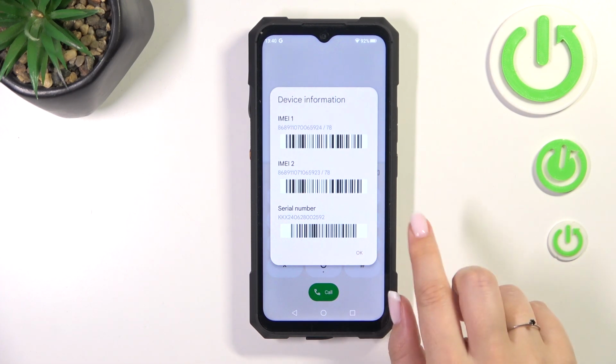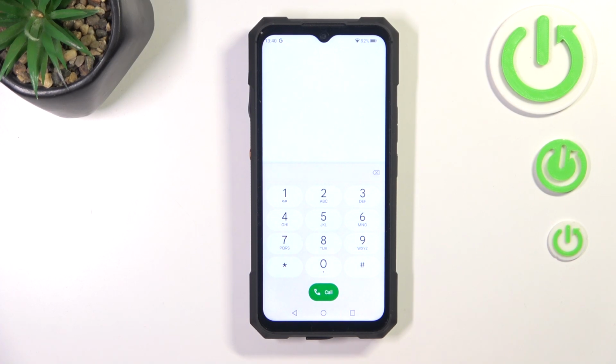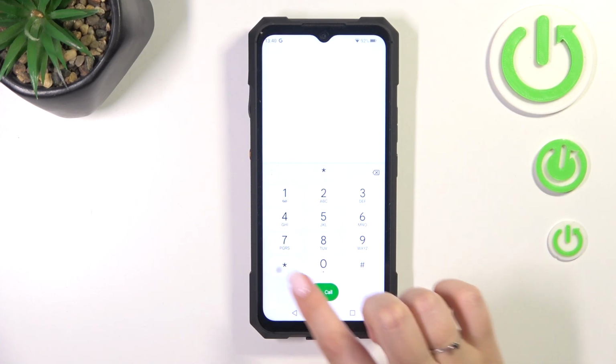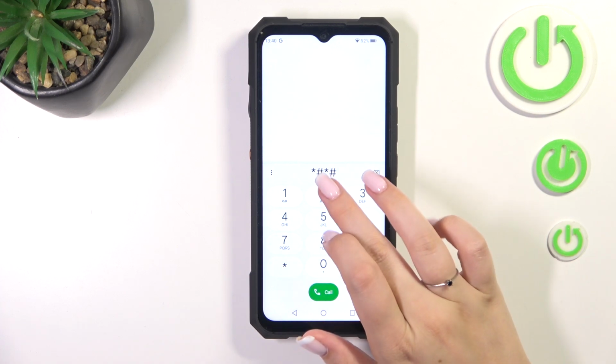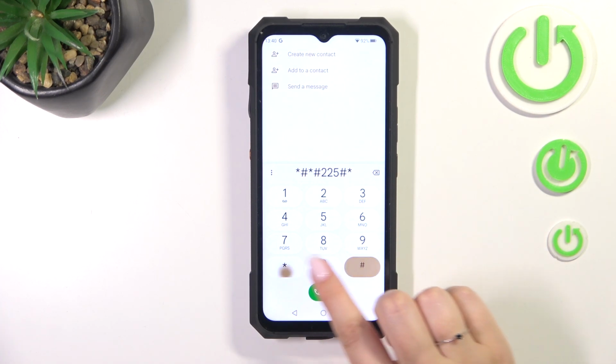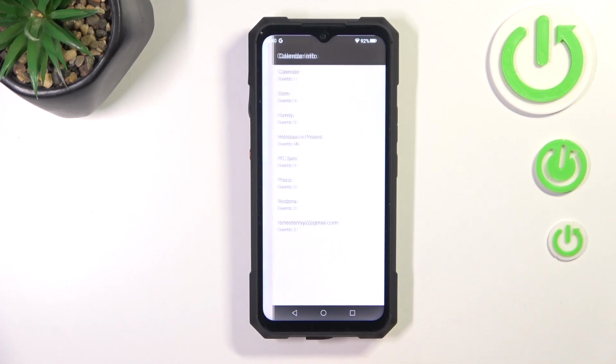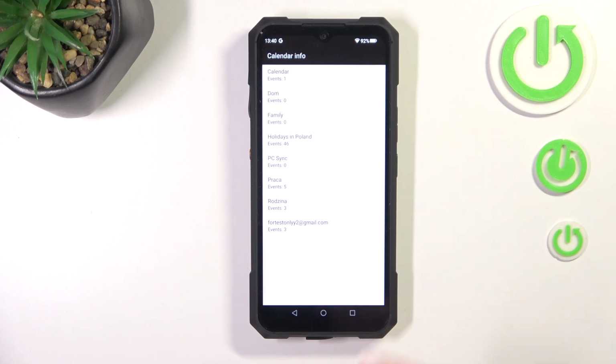of this device. So let's tap on OK, and now let me show you another code which should open the calendar information. It is *##225#*##. And there we are in the calendar info. So here we've got all the events gathered in one place. We can check some family events, some holidays in your country should also appear right here, or events attached to